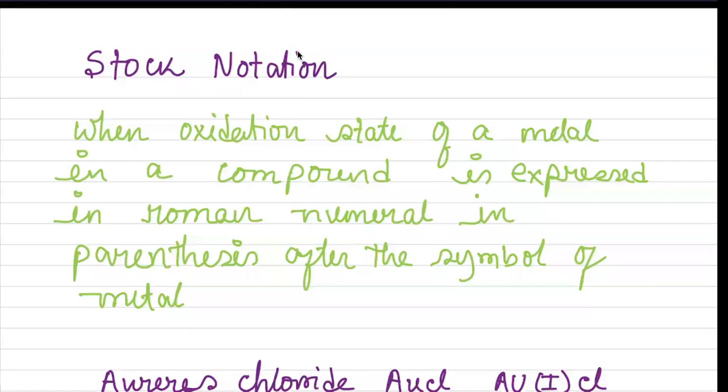So, in our previous class, we learned about fractional atomic number, and we have seen some examples. Today we will first learn Stock notation. Then we will learn different types of chemical reactions on the basis of their increasing or decreasing oxidation number. And then, if we get time, we will start balancing. So let's start today's class.